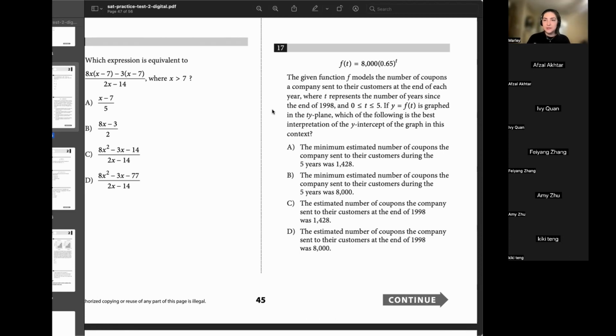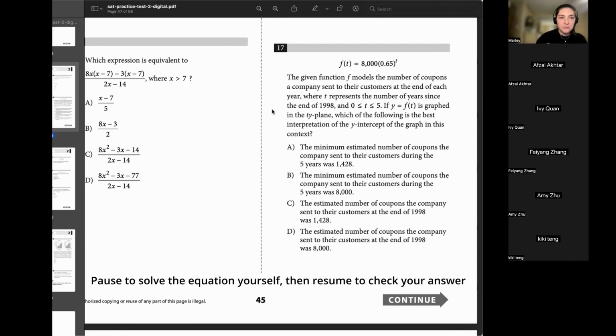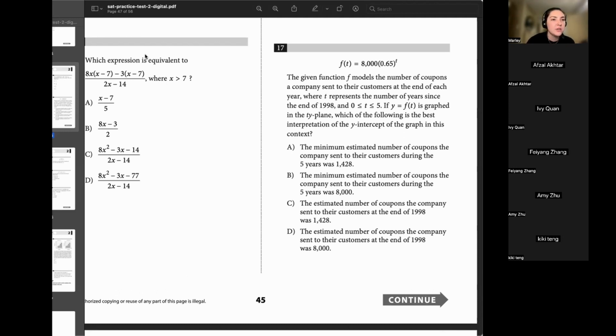So this is like understanding that algebraic equation, but now applying it to a real world concept. So I'll let you guys read through those answer choices, and then when you think you have one, put it in the chat. All right, so we're getting a lot of the same answer. A lot of people are saying